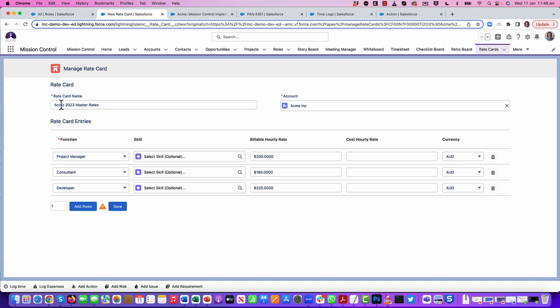So you'll see here I've got my rate card for Acme 2023 master rates, and what I've done is created rate card entries for these three various functions. So anyone who is a project manager is going to get charged at $200 an hour. Everyone who is a consultant will get charged at $180, and anyone who is a developer will get charged at